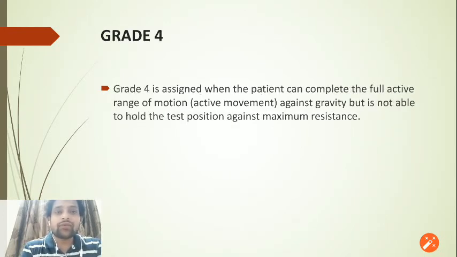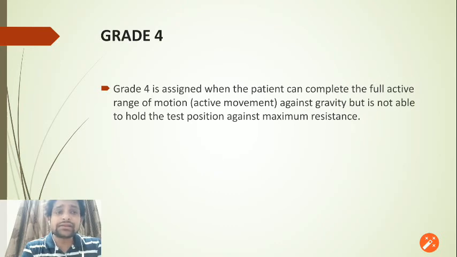Grade 4. Grade 4 is assigned when the patient can complete the full active range of motion against gravity, but is not able to hold the test position against maximum resistance. That means the patient can hold the test position against submaximal resistance, and by that we can assign grade 4. So in grade 4 the patient is able to complete the full active range of motion against gravity and with